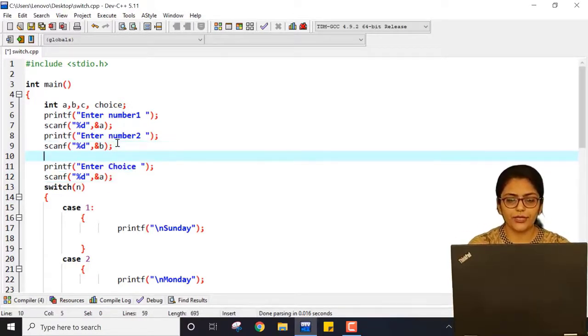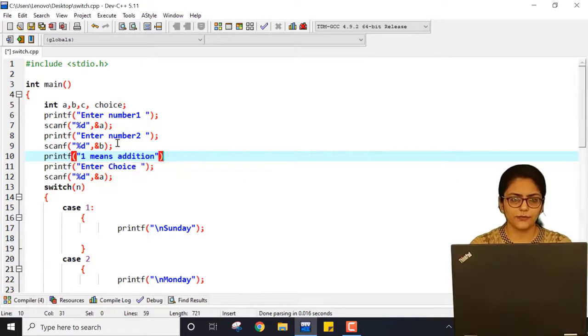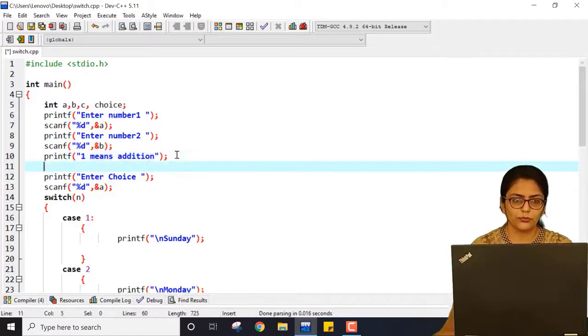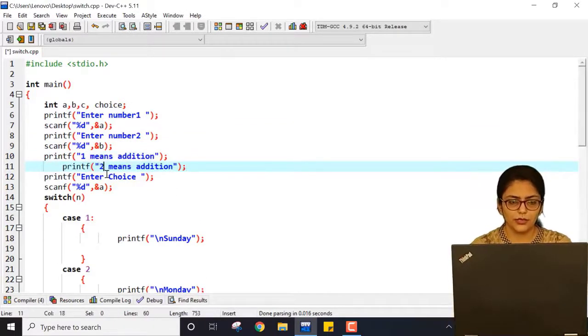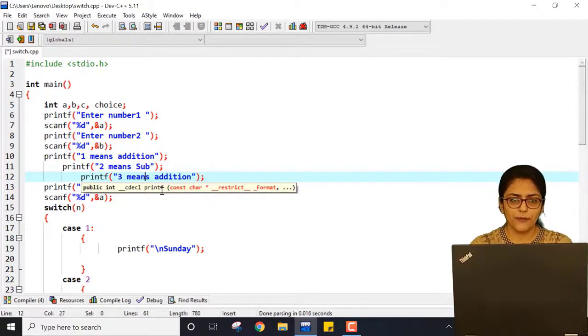So for that I am writing printf. 1 means addition. You can also write it in some different way, but I will write something like this. 2 means subtraction. I'm just using acronyms. 3 means multiplication.